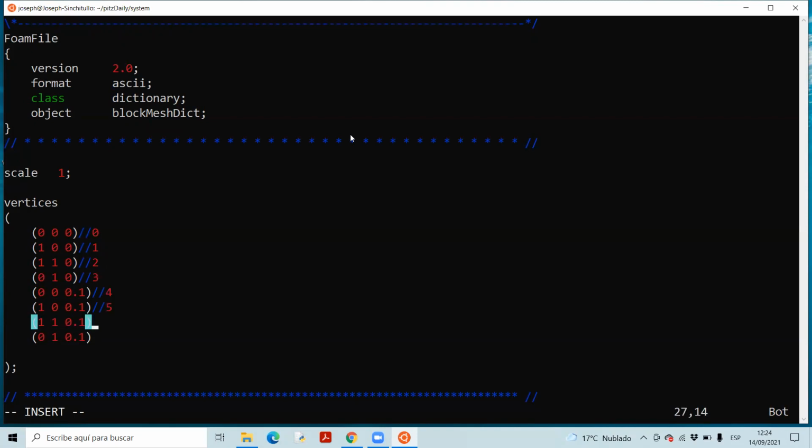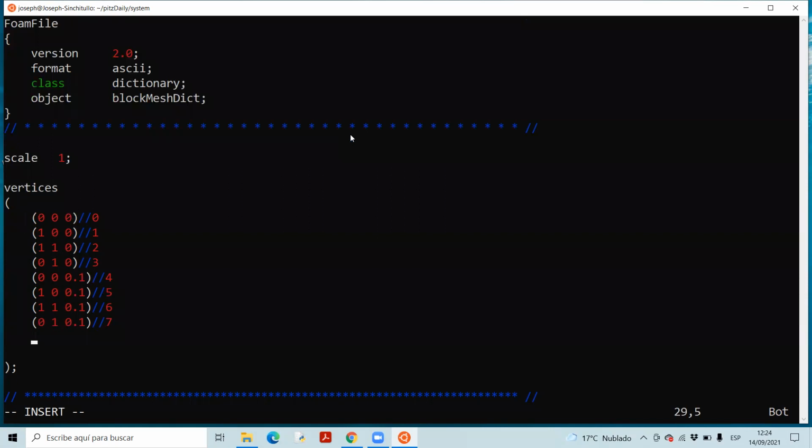4, 5, 6. Those are the 8 vertices. All of these are the 8 vertices we are going to draw here. Now let me tell you how you can